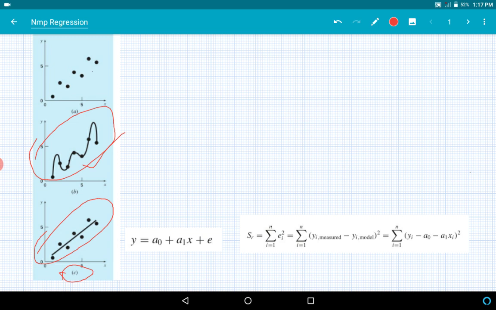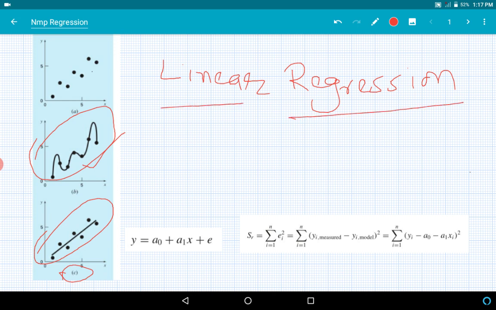This kind of curve fitting is known as linear regression. Why linear? Because we are fitting a straight line, and regression means fitting some curve. So we are basically doing a linear regression, that means a straight line we are fitting. So how do we do this mathematically? To do this mathematically, we'll have to find the equation for this curve. We are talking now about figure C only. Hereafter we are talking only about figure C, that is the linear regression.